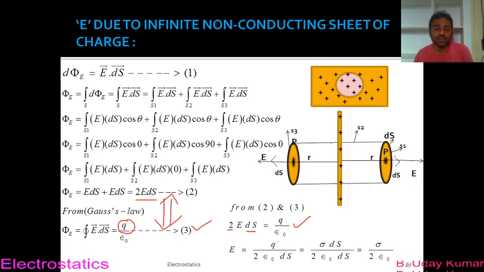So that means the charge that is enclosed by the Gaussian surface is taken here as Q, that is what I said, right? And that Q is the charge that is present inside this Gaussian surface. So that Gaussian surface will have an amount of charge Q inside it, and that Q is written over here.